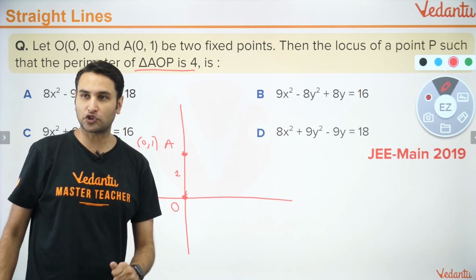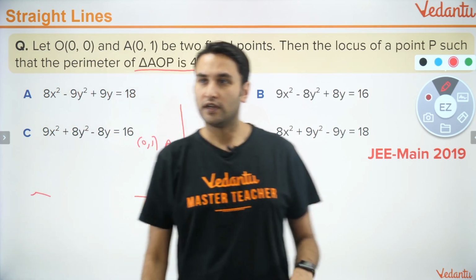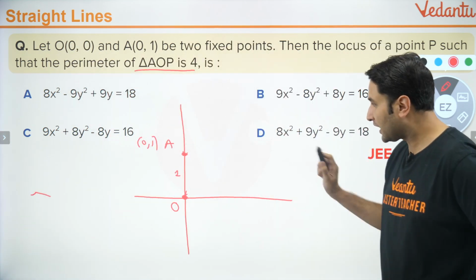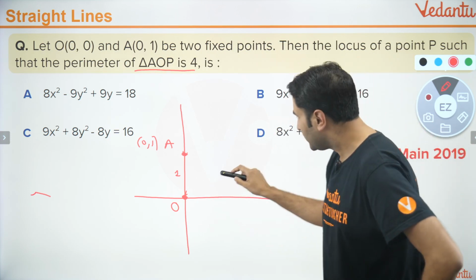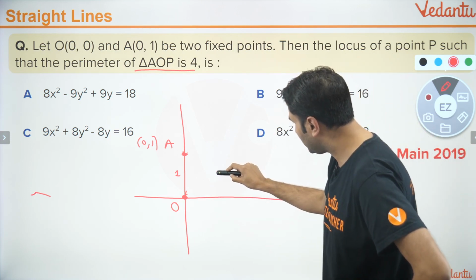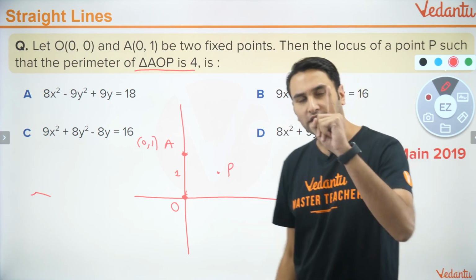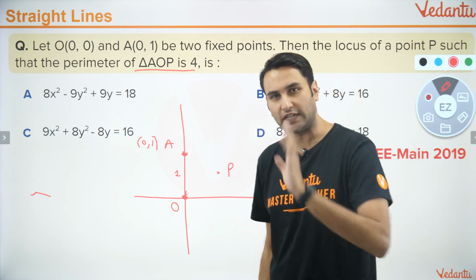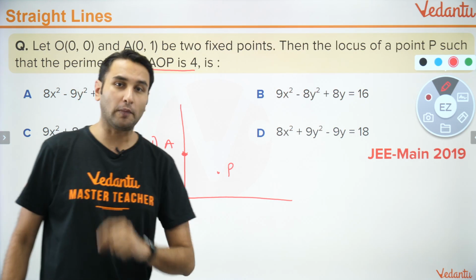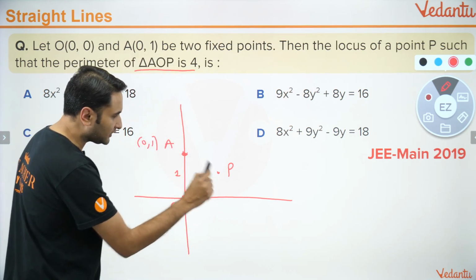ठीक है, कैसे बच्चों? अब देखना. Let us see. मैं क्या करता हूं, एक ऐसा पॉइंट सोचता हूं. Do you realize there will be a point P? एक कोई पॉइंट सोच लो. Think of one specific point which will satisfy the given condition. और उस पॉइंट को आप आइडेंटिफाई कर पाओ. So पक्के से there will be a point P